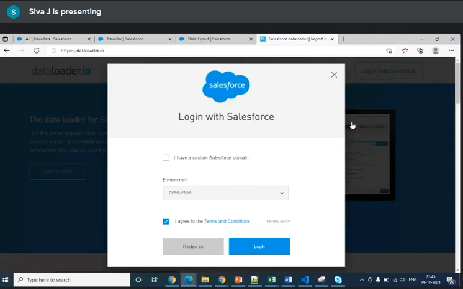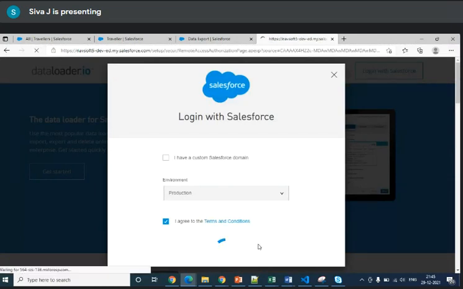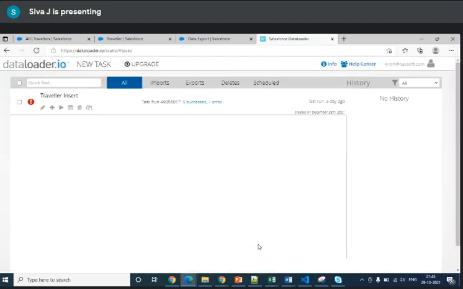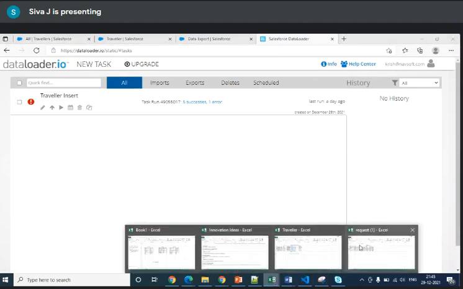Click login with Salesforce and it will log in. Now let me try to modify the data.